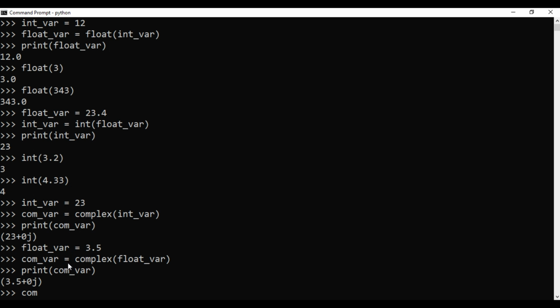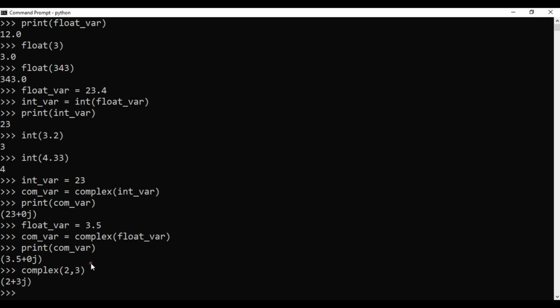Again, we will see what happens when we pass two arguments in this complex function. I have written complex, and inside this complex function I will pass two arguments, 2, 3. Here you see the first argument, that is 2, will be the real part of the complex number, and the second argument, that is 3, will be the imaginary part of the complex number.